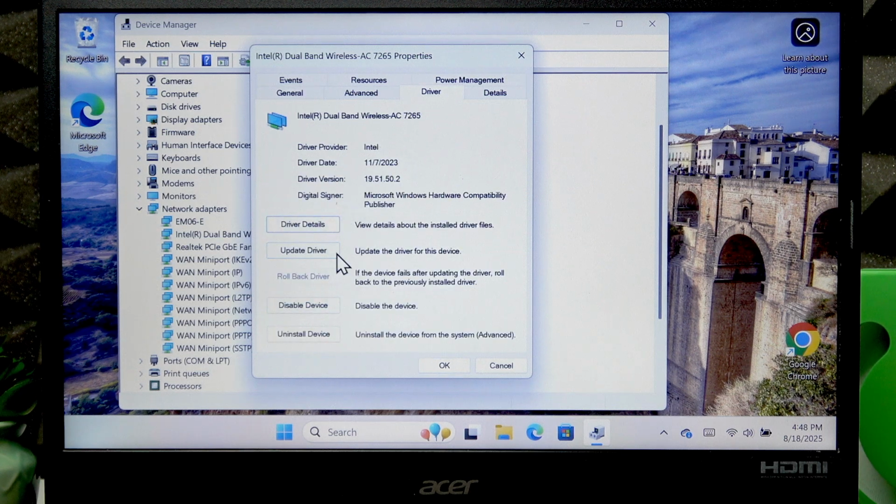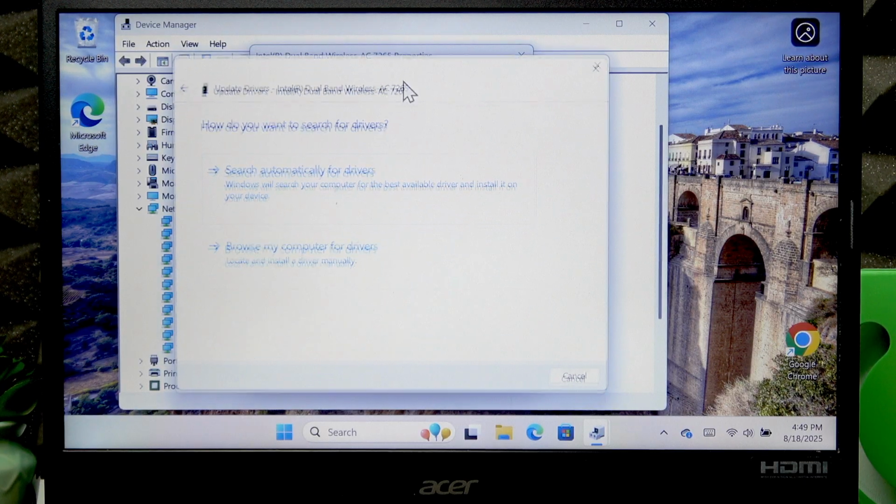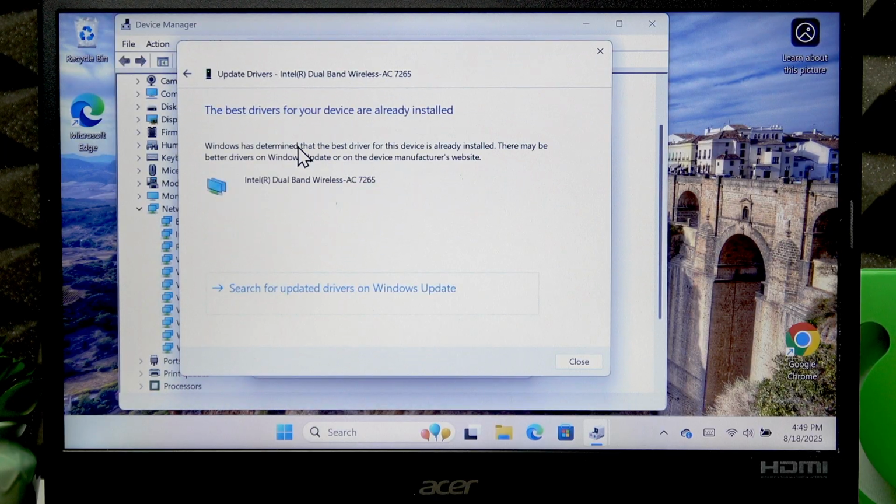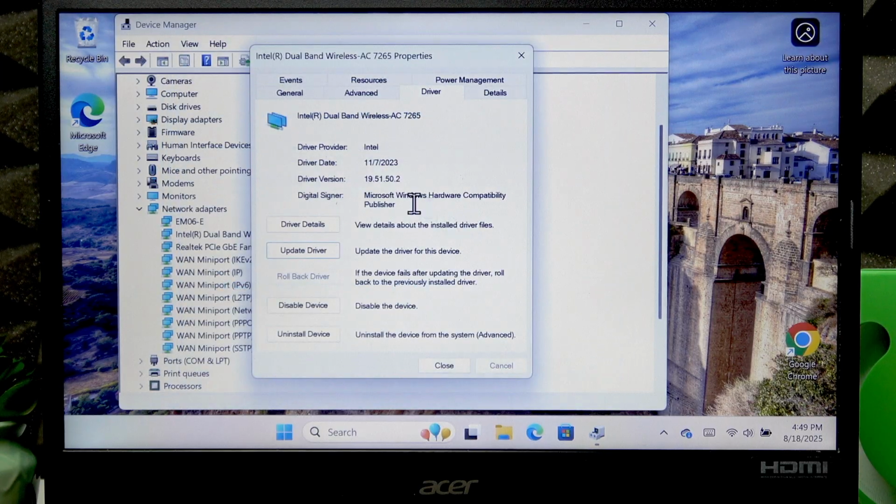Here you can click update driver if you have a Wi-Fi connection on your device, at least some kind of. Then click search automatically for drivers and see if your laptop can find any, and in case it cannot, then